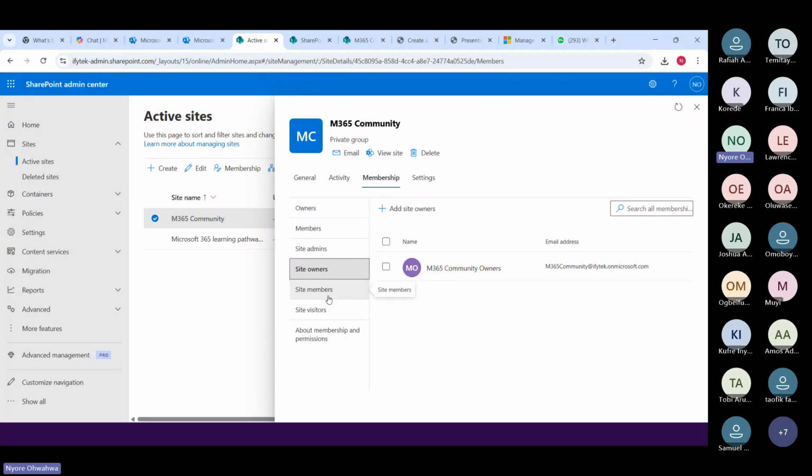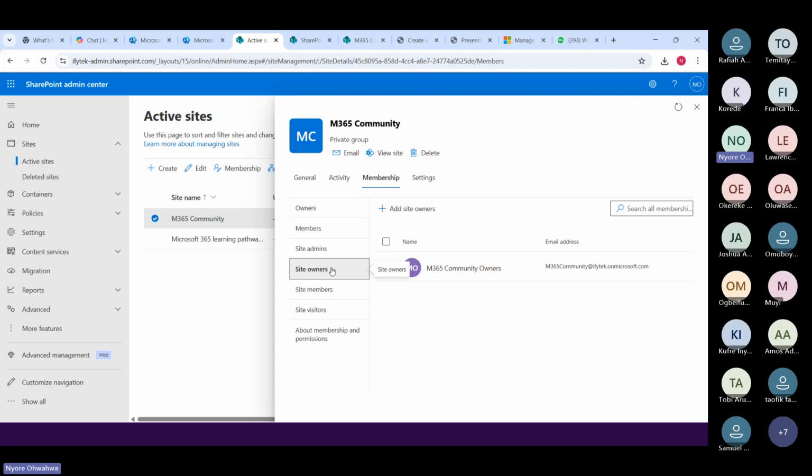Something you need to note, which is an issue I've had with different users, customers from different organizations. I'm just going to delve a bit into permissions. When you create a site and you grant users owners permission, and then you go into a document library or a site and stop inheriting permission, or you share a particular file or folder to a specific user, and you still see that people have permission on that folder, that is because they are owners of the site.